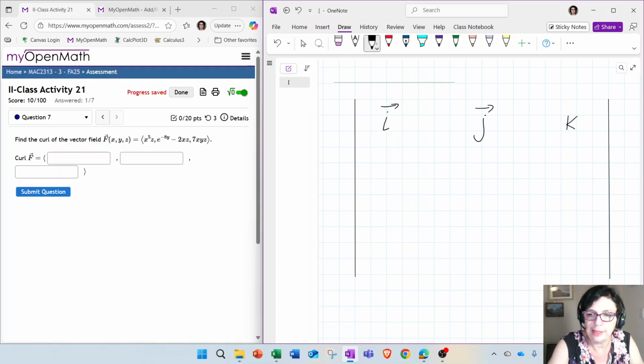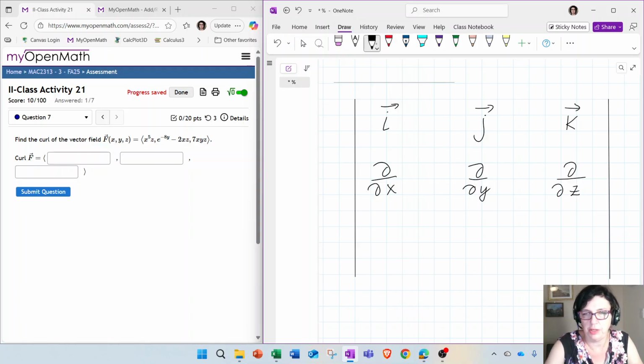Okay, the second row is going to be partial derivatives, but just notation for them, not the partial derivative of something, but just the partial derivative symbol, which is kind of weird, but this is just a way to remember how to find curl. So these are partial derivatives, these letters like delta or whatever they are in Greek. And then the last row is the actual vector field. So that's going to be x to the power 5z.